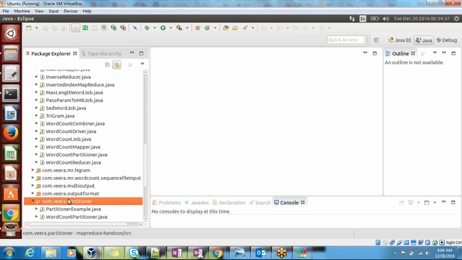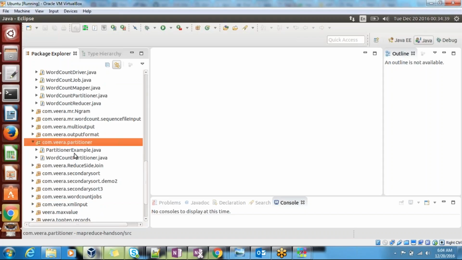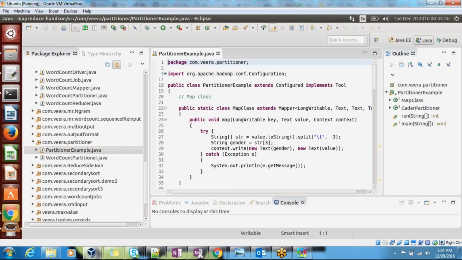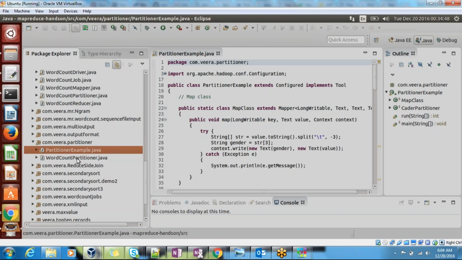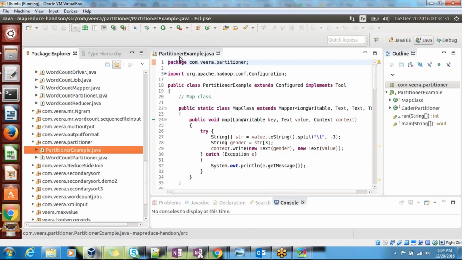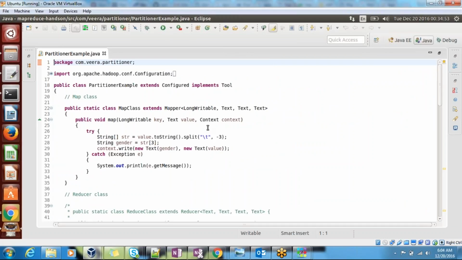I can show you in the partitioner, the partitioner example. Look at here.